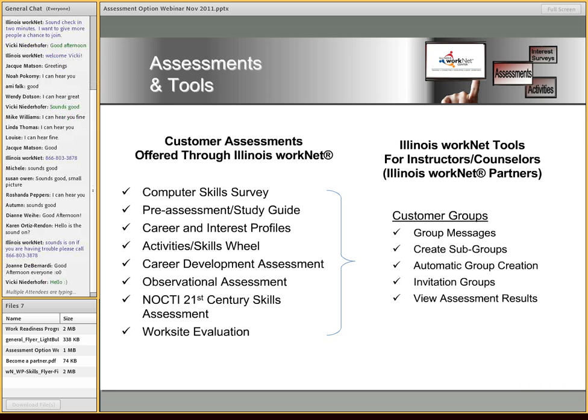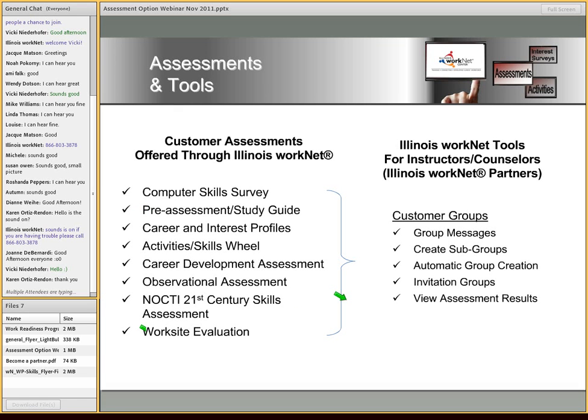Other ones are completed Illinois Worknet. Now, each of these items that you see here, you can also view those assessments and the resources,